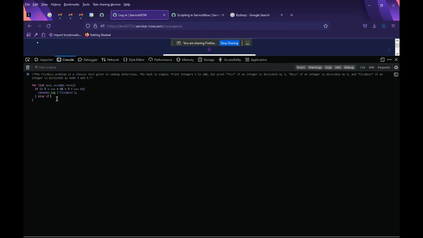If x is divisible, so modulus, by 3 only, then we want it to print out